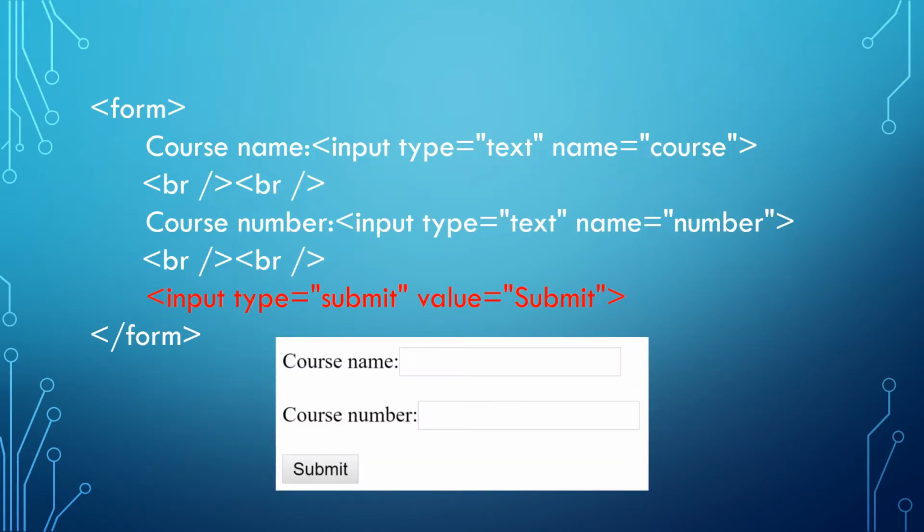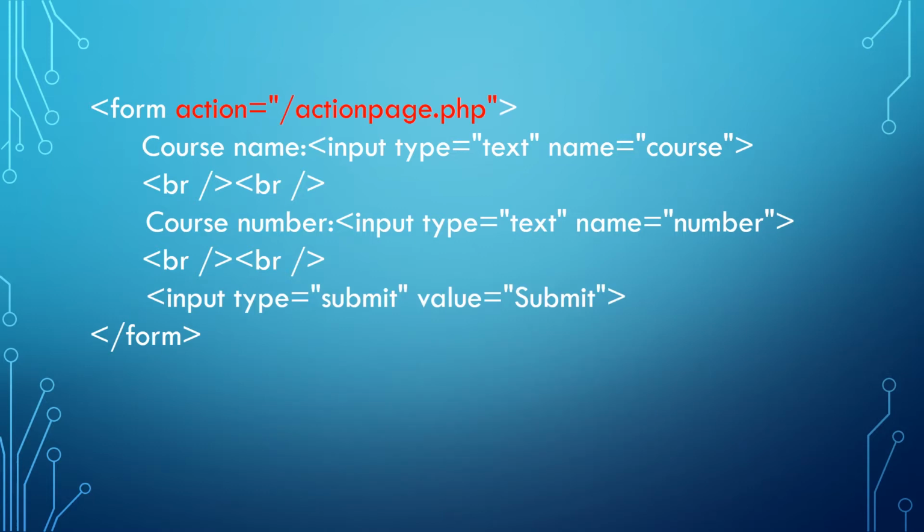Once your user has completed the form, you need a way for them to send the data. The value submit will give users a button. With the submit button, you also need to specify what the submit button should do. This is done with the action attribute, which goes inside the opening form tag. The value in this attribute is a PHP file. We will not learn to write PHP in this class, but you can set up a form to go to